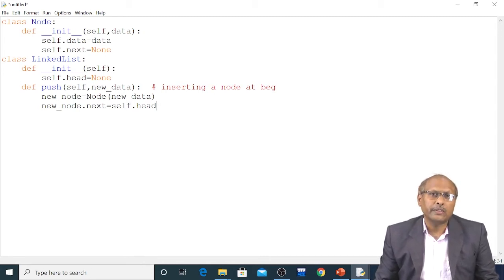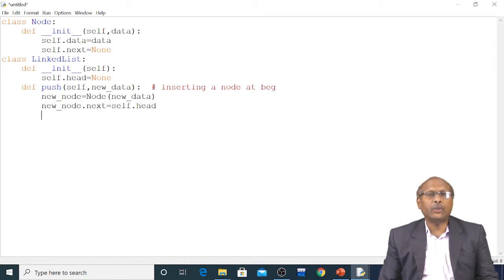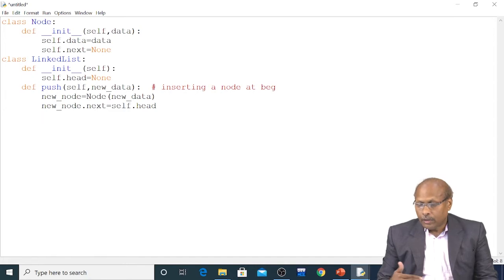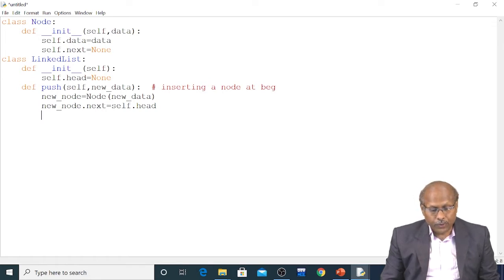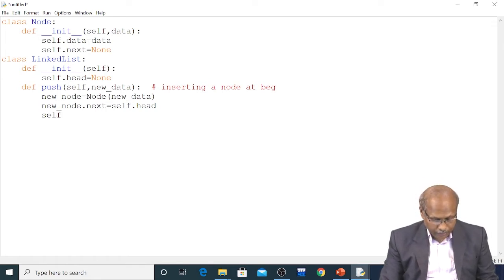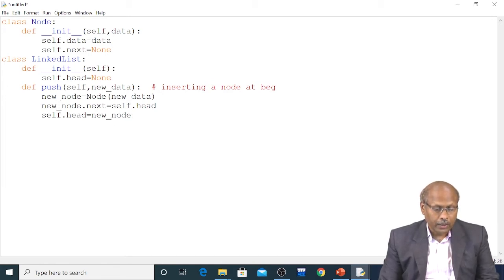It should point to the starting pointer by the head pointer. After that, my new node is ready. The next part, what I have to do? My new_node.next is head, and my head should come to new_node. self.head equal to new_node. So whatever node you have created, that you assign to it.